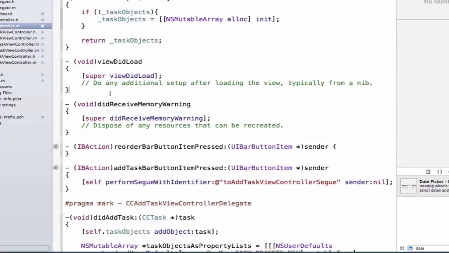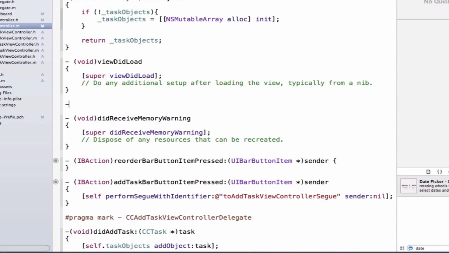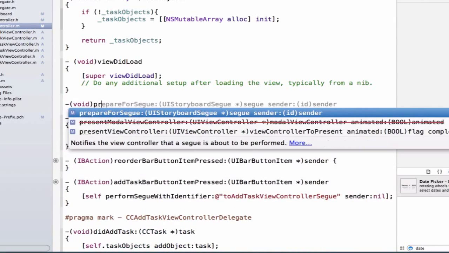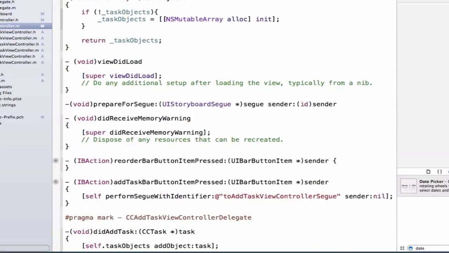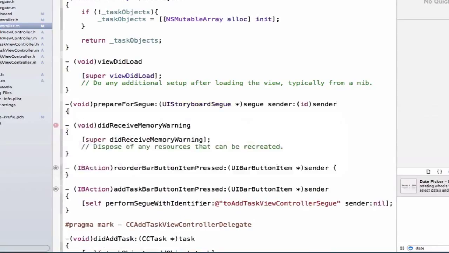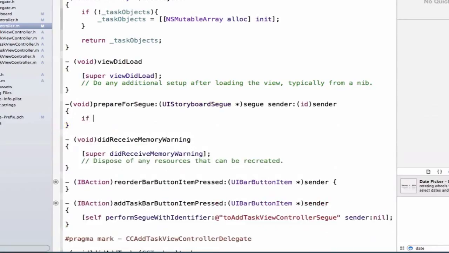And the reason we have to do this is we have to set the delegate property of the instance of CCAddTaskViewController so that it knows to pass messages to CCViewController.m. So it has an instance of CCViewController.m it can send messages to. So we're going to go ahead and implement this method, and we can call this prepareForSegue, and it should autofill. And we're going to use an if statement here, and we're going to say if